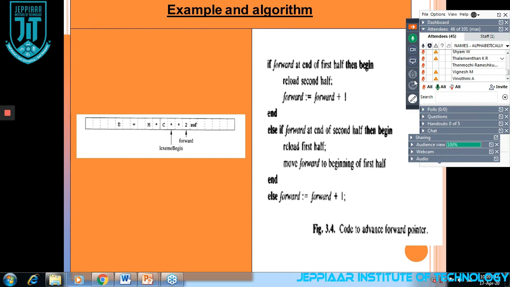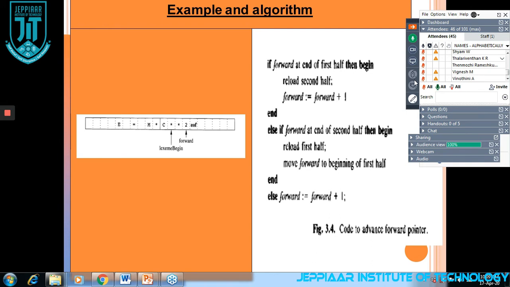E = M * in one buffer, and C ** 2 in the other, where double asterisk means exponent, so M C squared, power 2. The EOF is nothing but end of file. We have two pointers, lexeme begin and forward, and forward always moves ahead of lexeme begin.